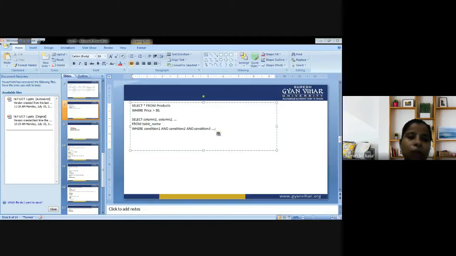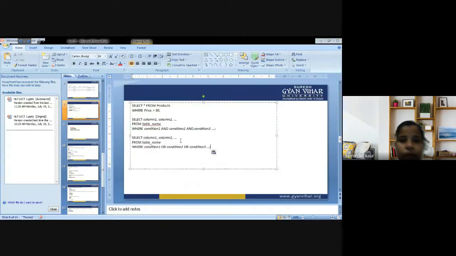So let's have a look at the OR syntax as well. Same is the case, just we are supposed to use OR instead of AND. So select column number 1, column number 2 from table name where condition number 1 or condition number 2 or condition number 3, either of them is true. Then we proceed with the result.